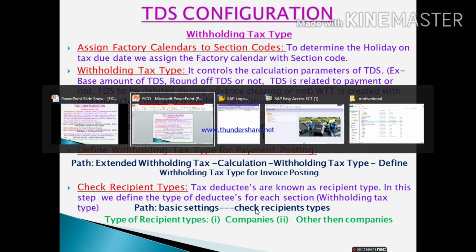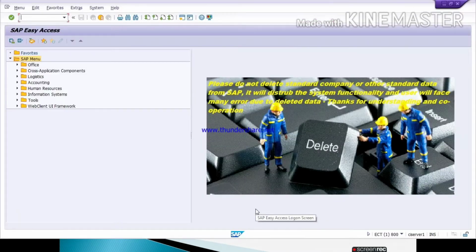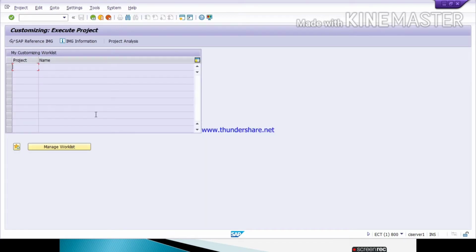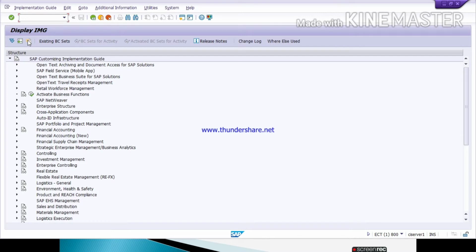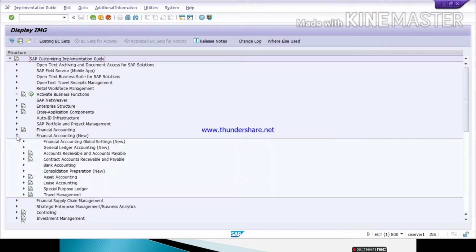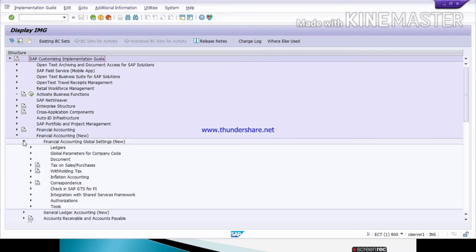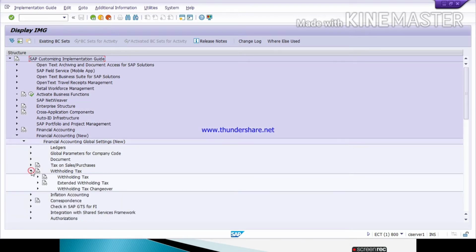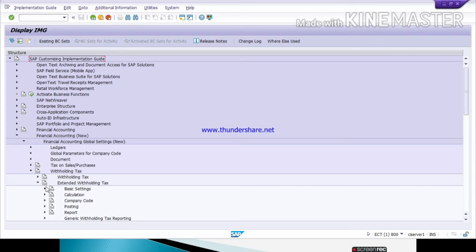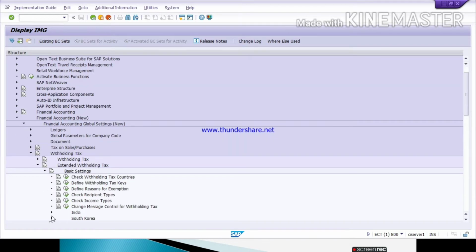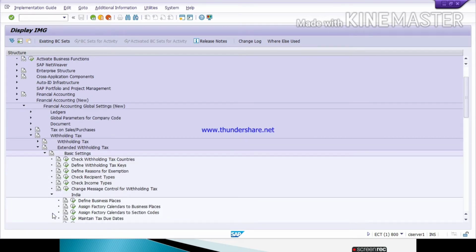Go to SAP, run the T code SPRO, click on SAP reference IMG, click on Financial Accounting New, Financial Accounting Global Settings, Withholding Tax, Extended Withholding Tax, Basic Settings, India.